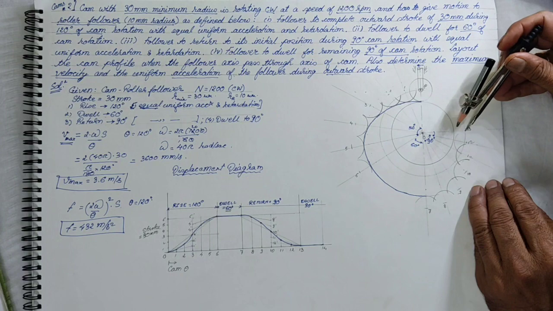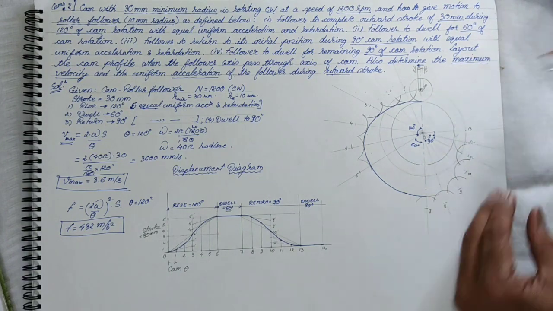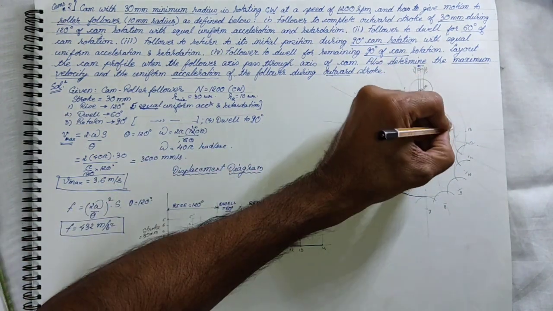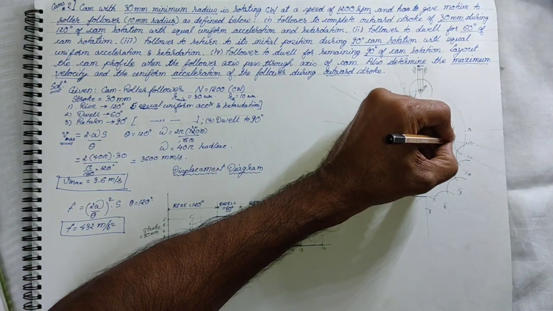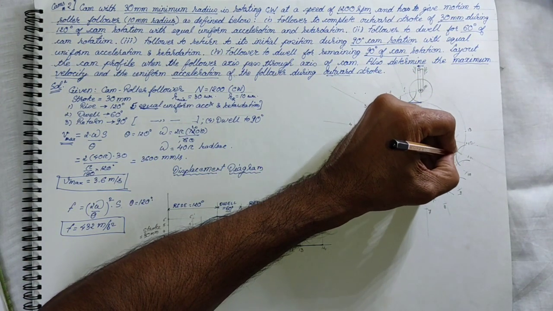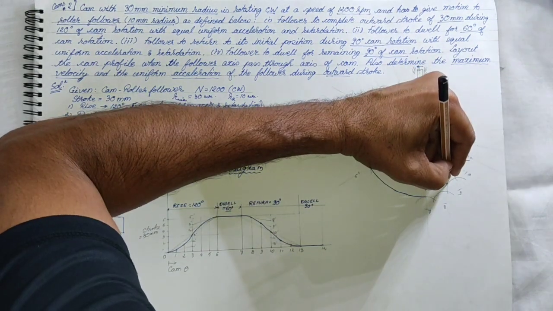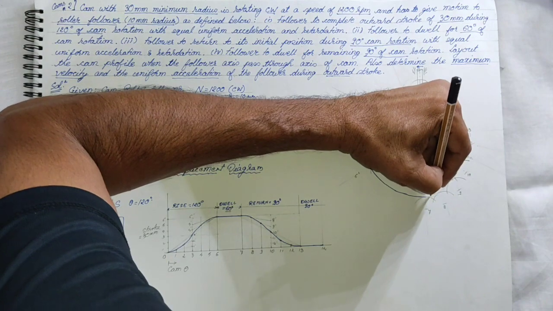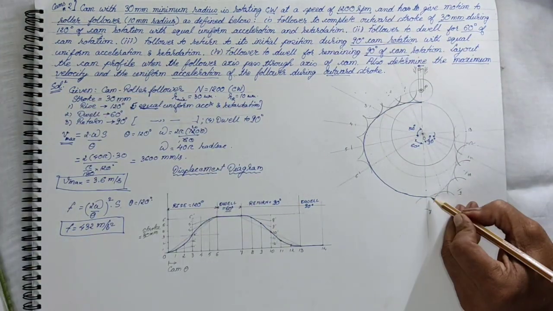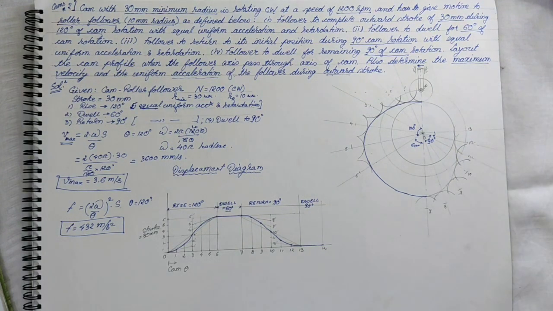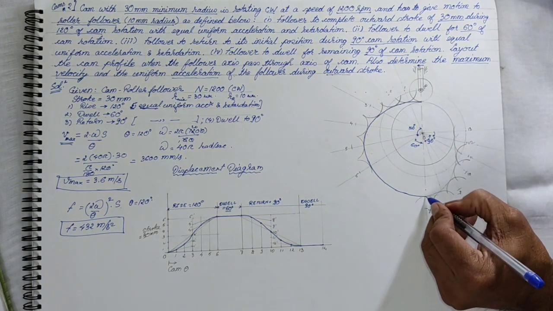And see, finally 13, again it will be touching the base circle. So now again a common tangent, something like this, will be touching here. So we are getting this cam position to be. So now when we confirm this,